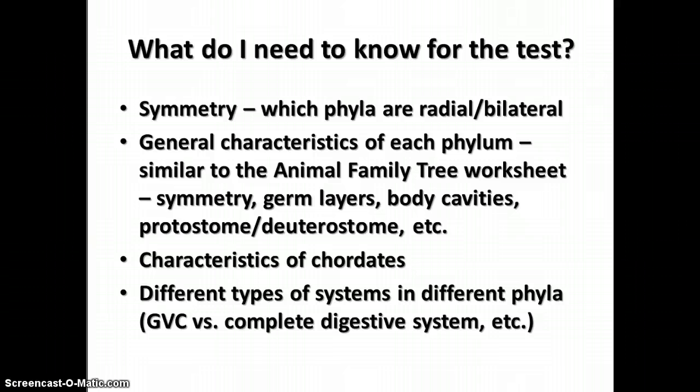You need to be able to compare the different types of systems in the different phyla of animals. And if you look at the way the notes tables were arranged, for each of those phyla, we talked about how they handled digestion and how they handled getting rid of their waste products, how they handled circulation and so forth. And that should give you some way to compare the different types of systems in the different phyla. The whole purpose of doing it this way is so that you can see the development of a system from the very simplest animals through the others to the most complex animals,